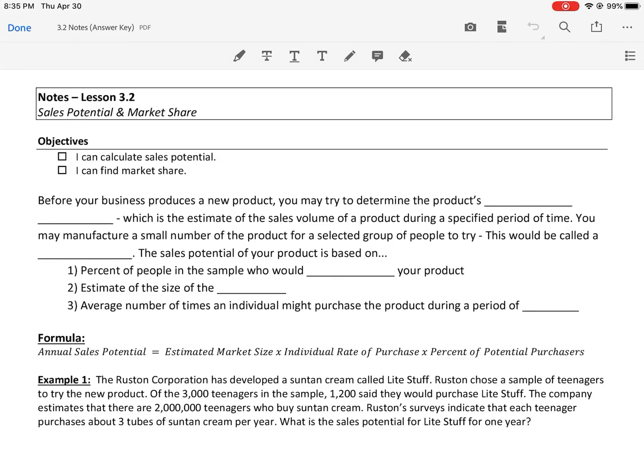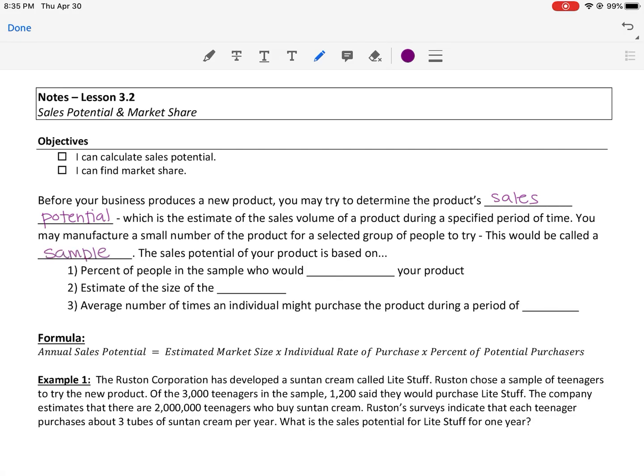Okay, the next thing we're going to look at is sales potential and market share. So maybe after you've done some research, you want to see how much you could really sell. Before your business produces a new product, you may try to determine the product's sales potential, which is the estimate of sales volume of a product during a specified period of time. You may manufacture a small number of product for a selected group of people to try. This would be called a sample,